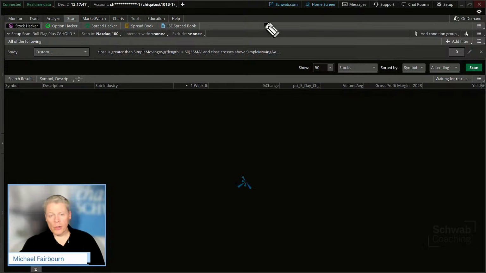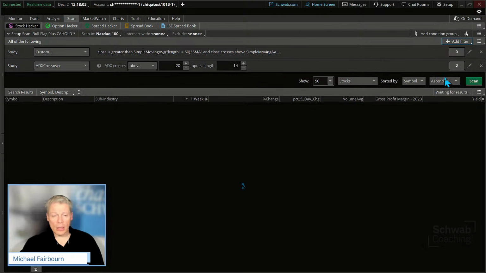Next up, what you want to do is go right over here into that add filter. We click on the add filter. I'll go through the process as I've already got this built, but let me show you how it works. So you go to the add filter. You'd next want to select study. It's a study filter. It's using code on the platform. This line will pop up. Okay, this is just the default. This is an ADX crossover. We're not going to use it.